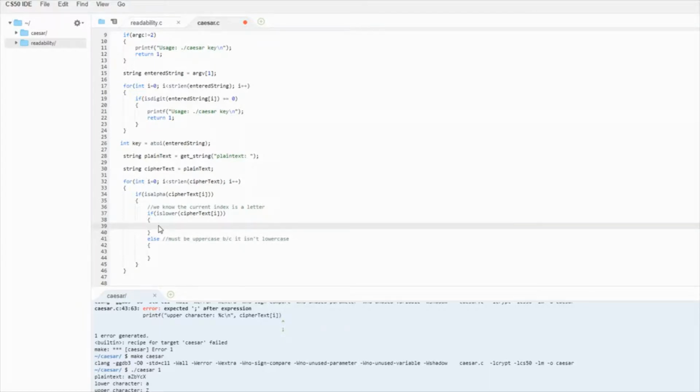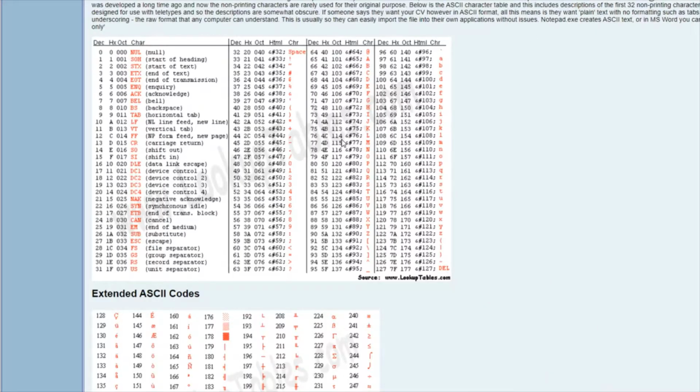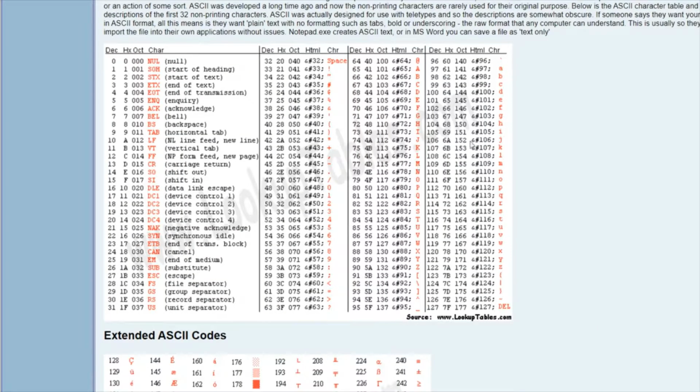So let's do the math here. Since we're going over every letter, and we're already in the ciphertext, we want to rewrite or modify the current letter that we're on in the ciphertext. The math for this is kind of tricky, but basically, we are going to take our current letter.